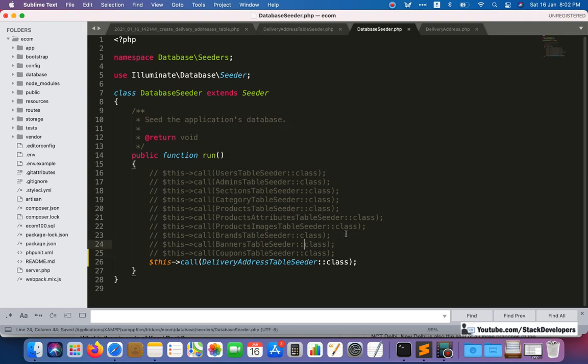Now we can check, we can run the command php artisan db:seed. Okay, and see it's Laravel 8, and if you face one issue like "Target class does not exist", you can follow that.